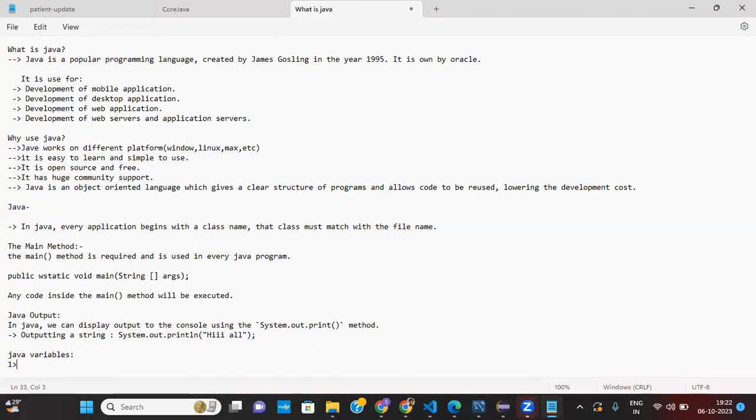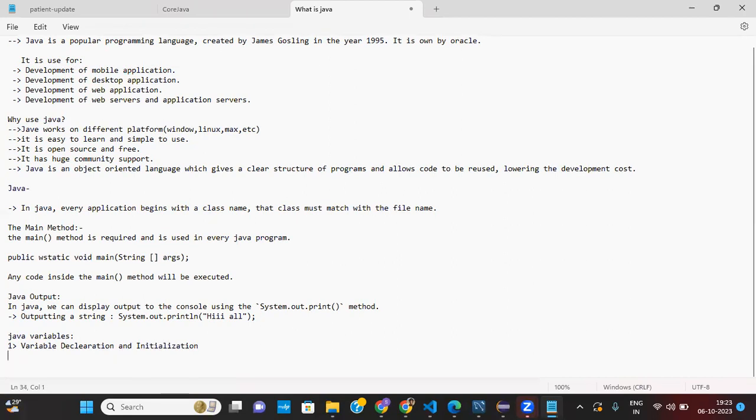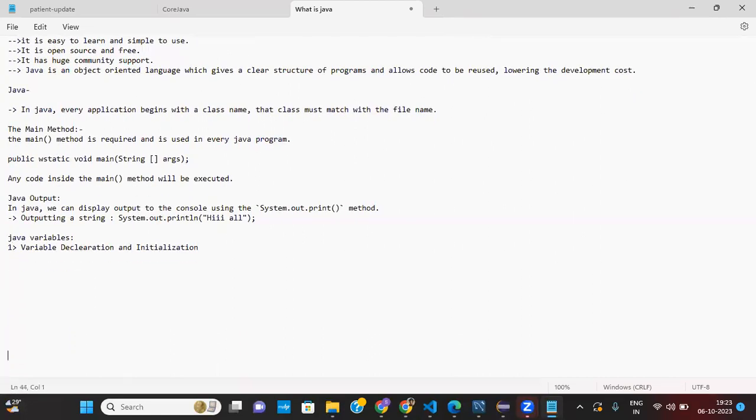First we will see how we declare a variable, the variable declaration. So this is one way you can declare. There's another way you can declare.